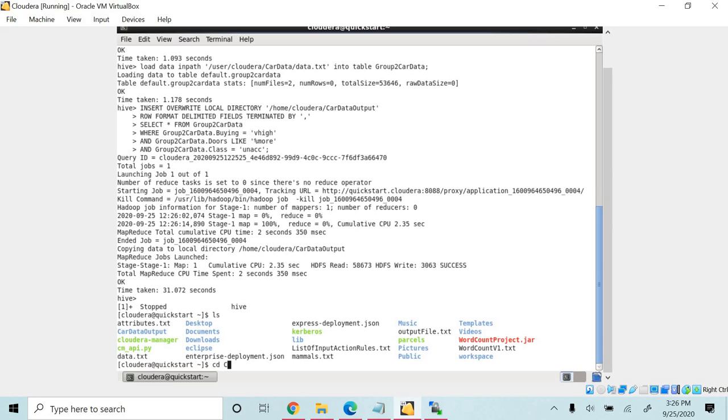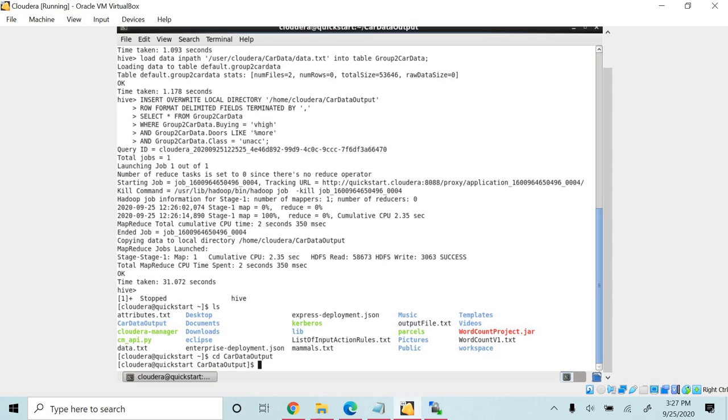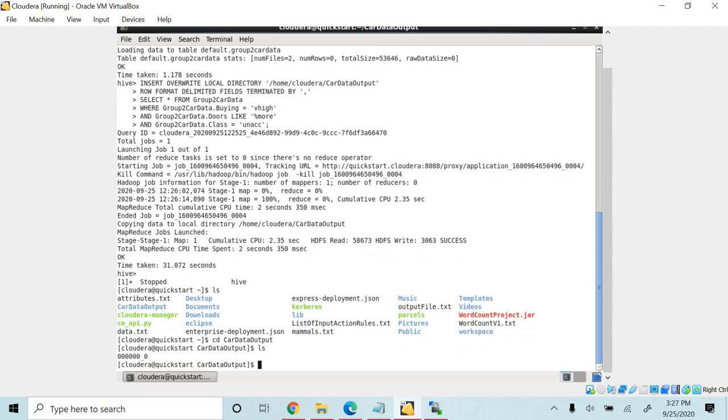So let's go to the car data output folder and see if the output file is generated.